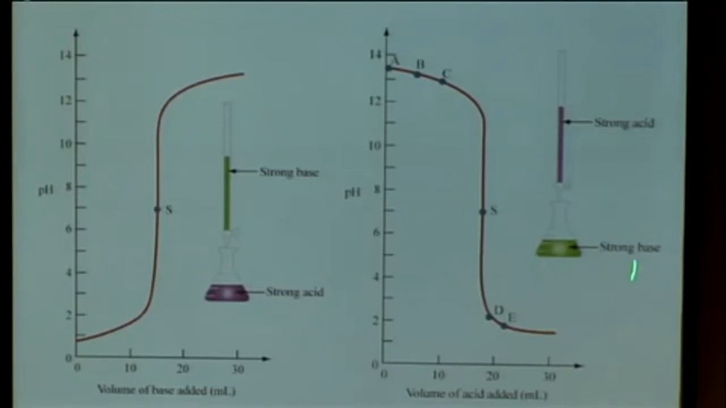If you're going the other direction, you're starting with strong base, your pH is going to be high, and the pH will decrease as you add the acid, and then you get to the stoichiometric or equivalence point in the middle of this curve here, and then as you go down farther, more acidic, it starts to level off. So those are what the titration curves look